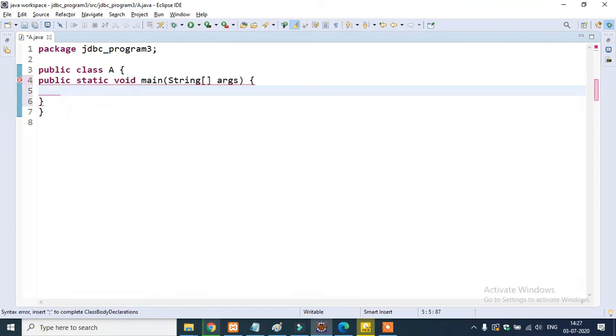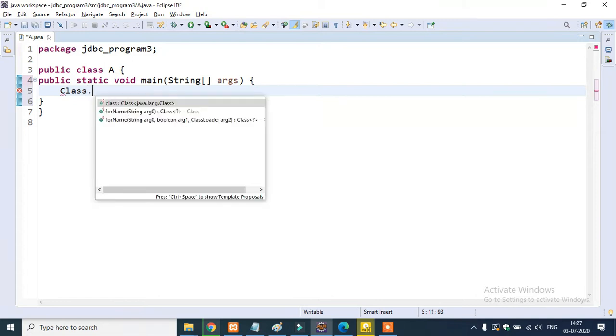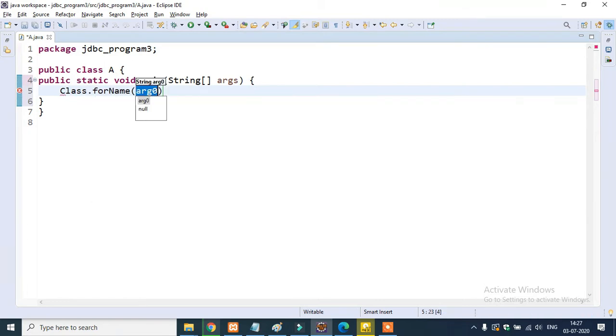After that I'm going to load the class with Class.forName, and I will write here the driver class path name com.mysql.jdbc.Driver.